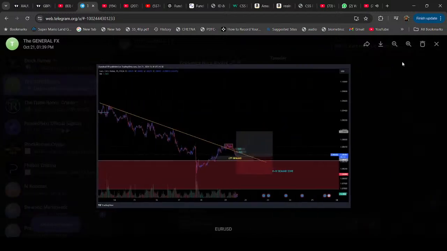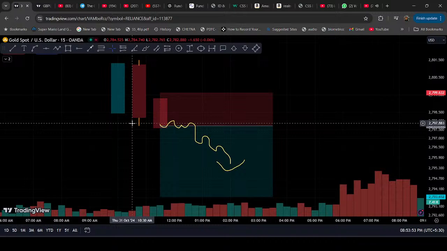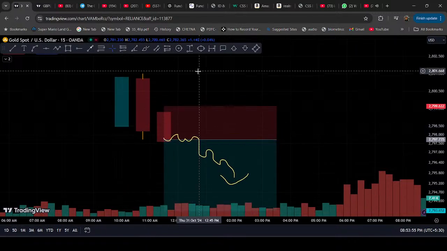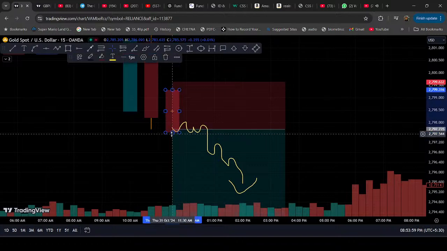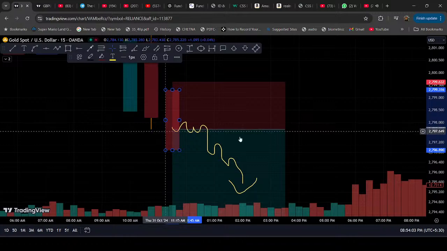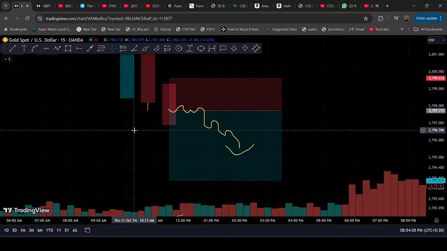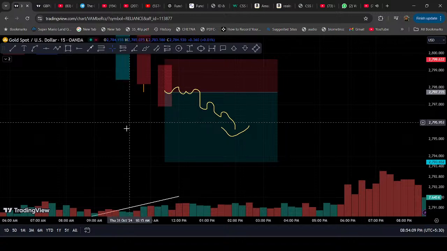Okay, so basically it was this strategy. The 15-minute time frame low breaks, and the 5-minute candle should close below the previous 5-minute candle's low, and for extra confirmation all the open, high, low and close